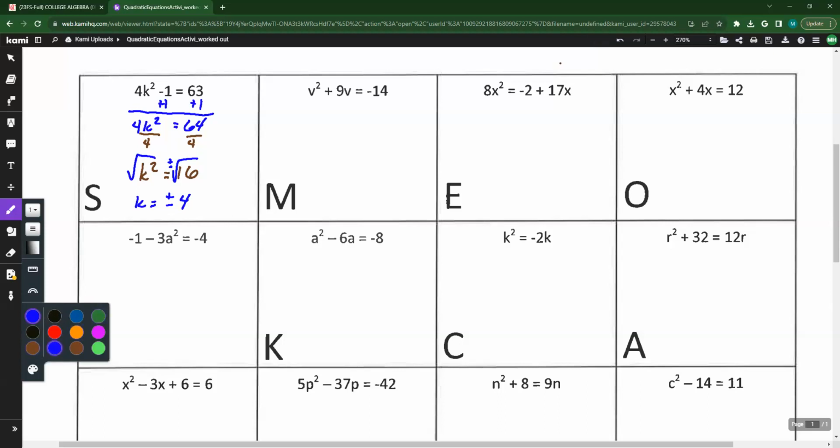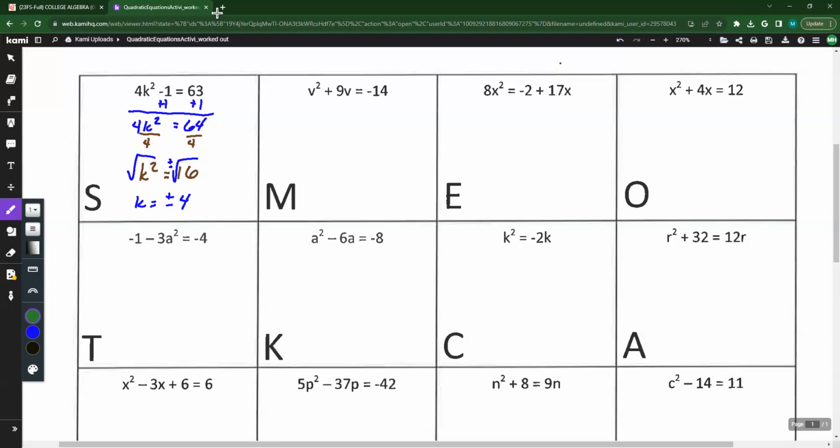All right, so this second one, the M, I'm just going to work across. I've got it set up kind of to do the difference of squares, not the difference of squares, excuse me, completing the square, because I've got all of my letters here. I've got my number there. I think I'm going to do the completing the square because I'm going to end up with a fraction, so it might cause you guys to not be so happy with it. I could also factor this one if I got it equal to 0, but I'm going to complete the square